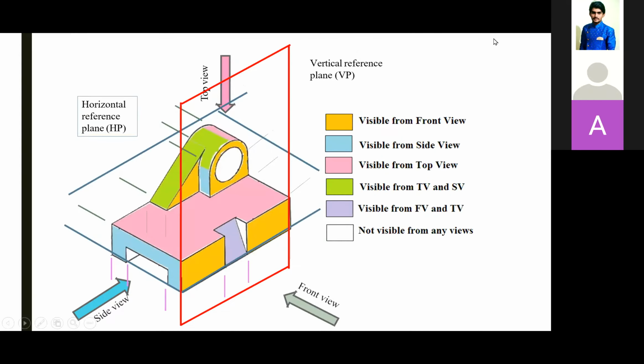So here you will get an idea. Suppose you are writing a front view, which are the visible lines? So this is visible, and this is visible, right? See here, and this is visible. If you are writing the top view, see, this is visible, this is also visible, this is visible. Okay, so this is not visible. So we have a hole here, you have to write it in dotted lines.